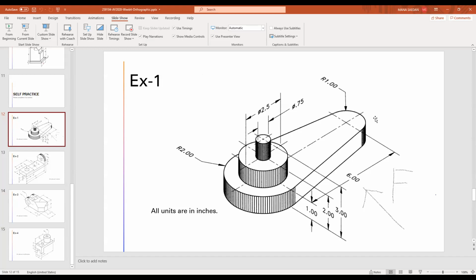In the way, we try to select front, top, and right side that show most full line rather than hidden line, because hidden line is hidden, is difficult to interpret. Okay, so